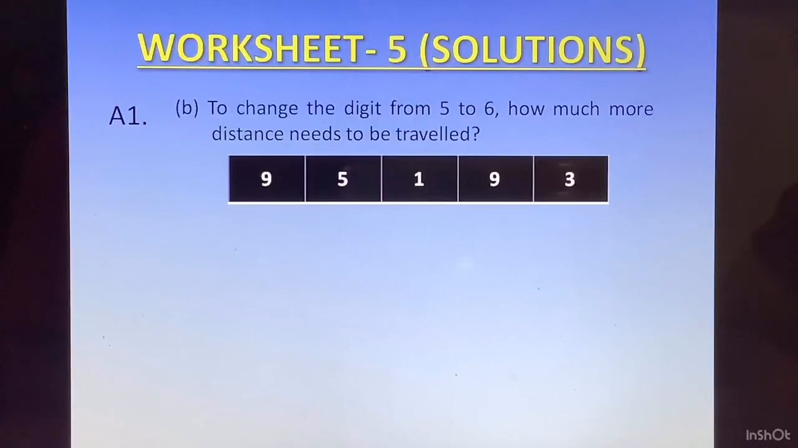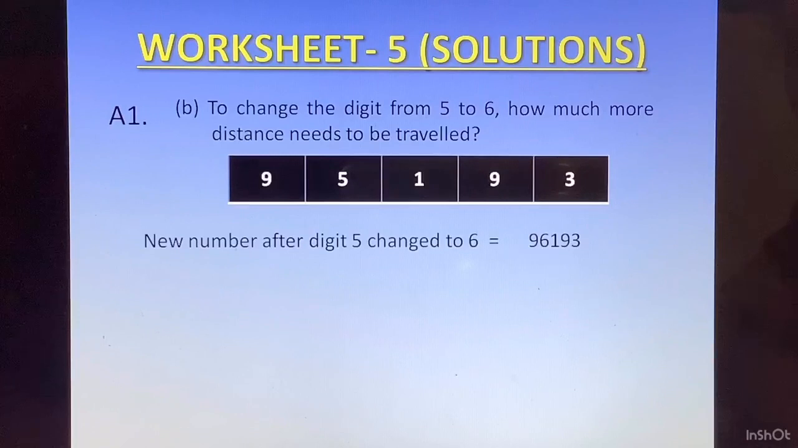B part. To change the digit from 5 to 6, how much more distance needs to be travelled? Now we look at the number. Let's see where is 5. 5 is at the thousands place. And 5 needs to be changed to 6. New number after the digit 5 is changed to 6 will be 96193. And original number was 95193. Now to see how much distance is travelled, we'll have to subtract this original number from the new number